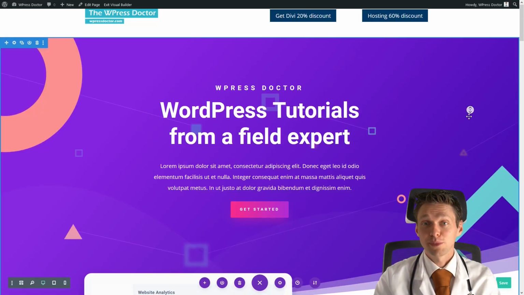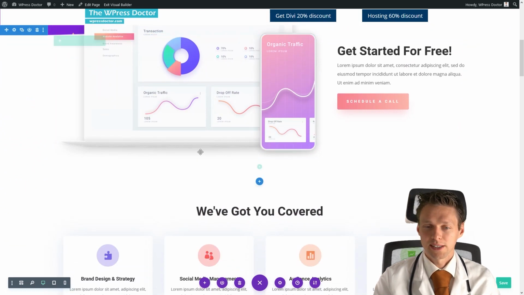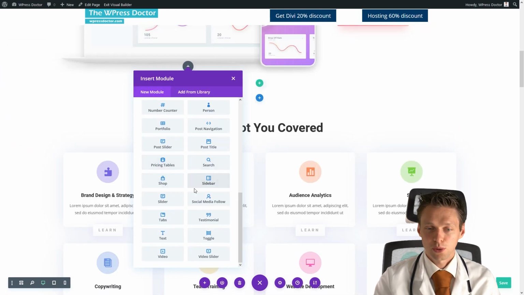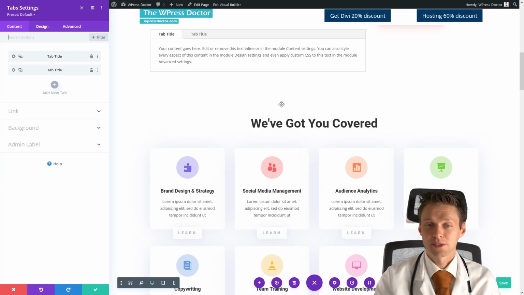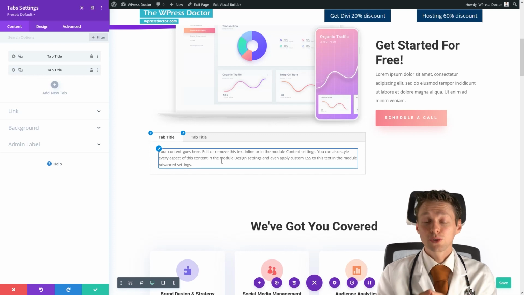Welcome back. The next module is the tabs. So we're going to add the tabs right here below this one. So we just went through the slider, social media follow. Now we go with the tabs. What are the tabs? Well, just as you see right here, those are tabs like you use in your browser